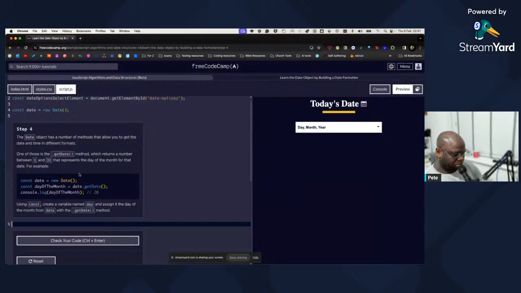Cool. And again, I guess we assign these things to variables so we can do different things with them. So we've got a new date object, and we could then take from that date object and grab the day and apply that to